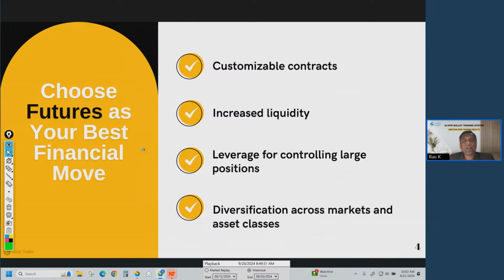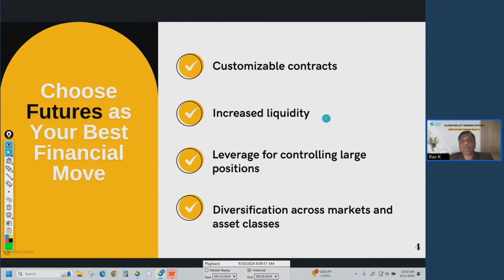Trading futures gives you the opportunity to trade almost any time of the day, because the futures market is open 23 hours a day, 5.5 days a week. Futures come in terms of contracts. Unlike shares, they are not counted as numbers. You do not trade one share or 100 shares or 1,000 shares. You trade contracts. Contracts have underlying lots; they track indexes or a certain number of shares underneath. But what you trade is contracts of futures.